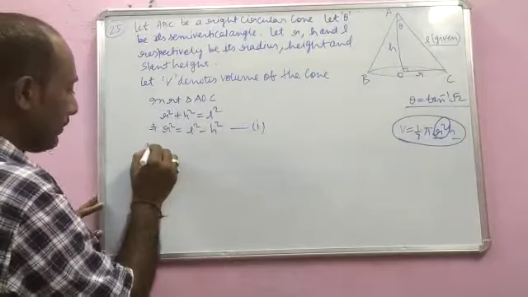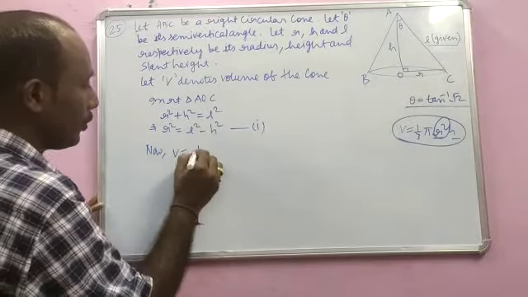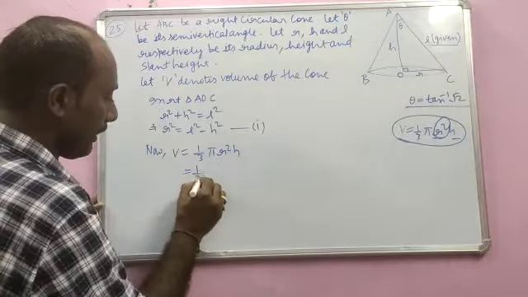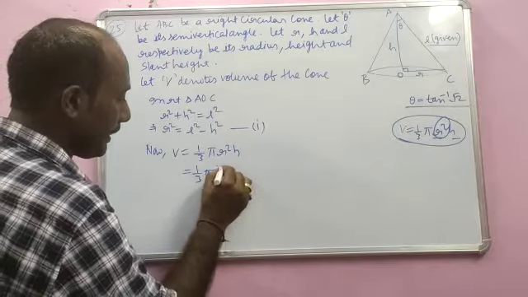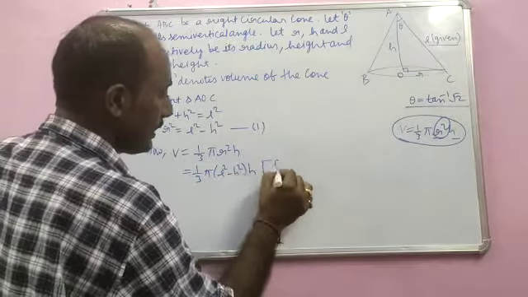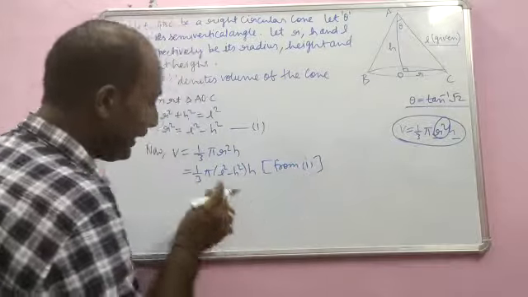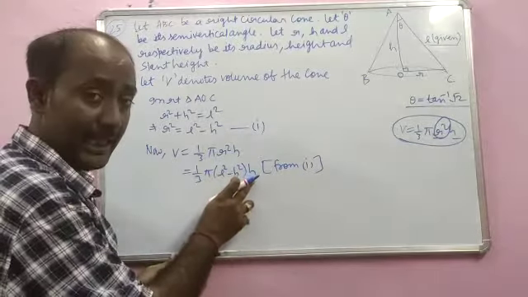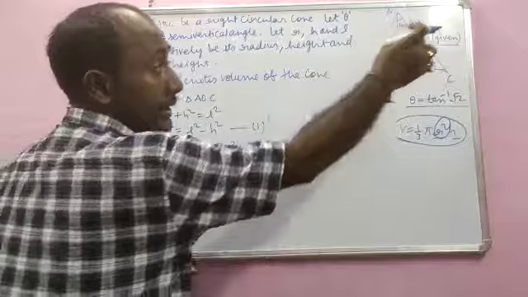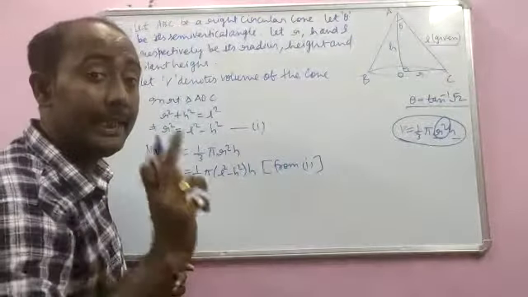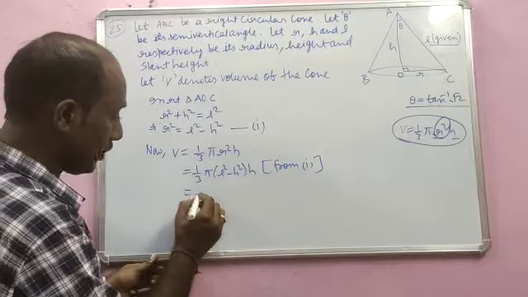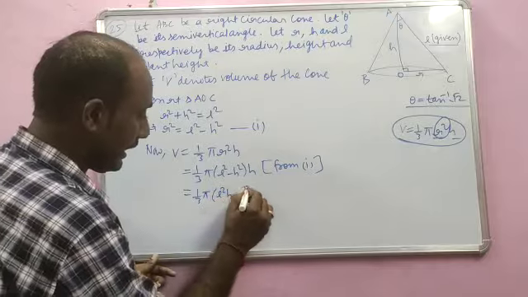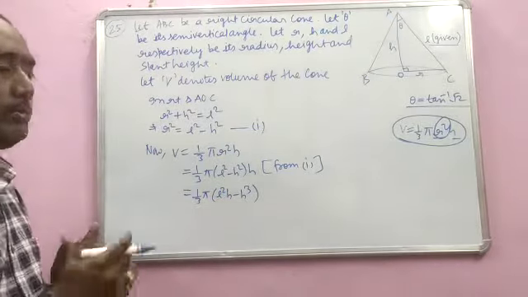Now you can come back to this expression for volume. Now V is equal to 1 by 3 pi r square h, and you will replace r square by this value. So 1 by 3 pi r square will be replaced by l square minus h square into h. This is from equation 1. Why we did so? To convert this expression of volume in terms of one variable, and that one variable is h. Remember, L is not a variable here because slant height L is given. So you will treat it as a constant. So this is equal to 1 by 3 pi, and when you multiply it will become L square h minus h cube. So this is the expression for volume which you will get.